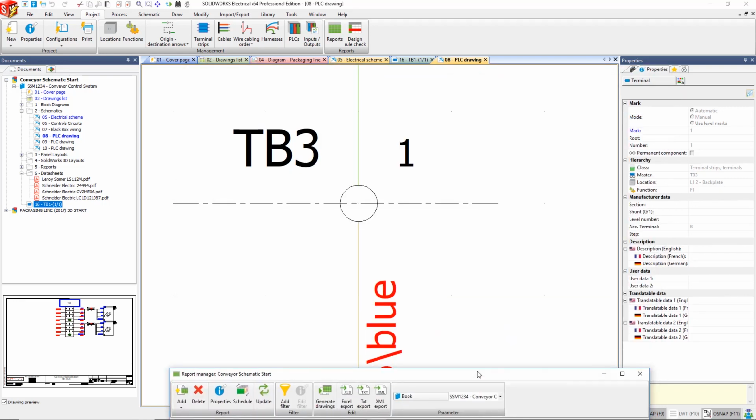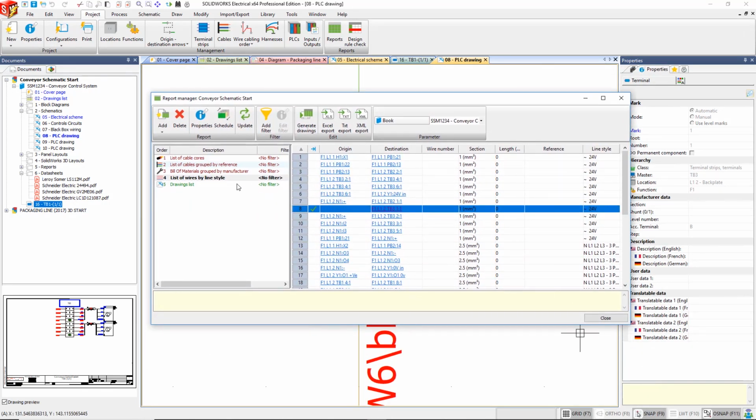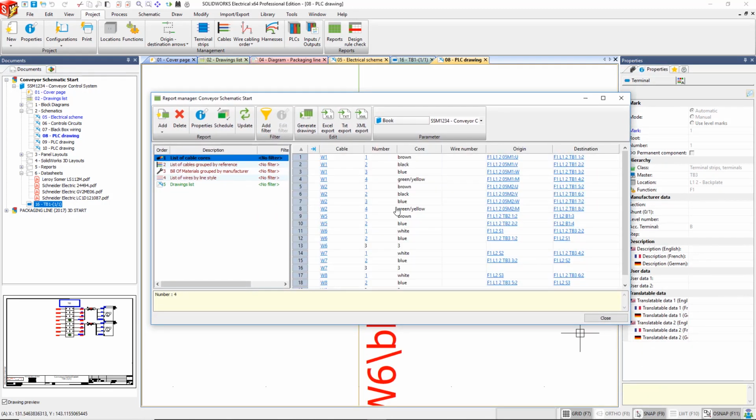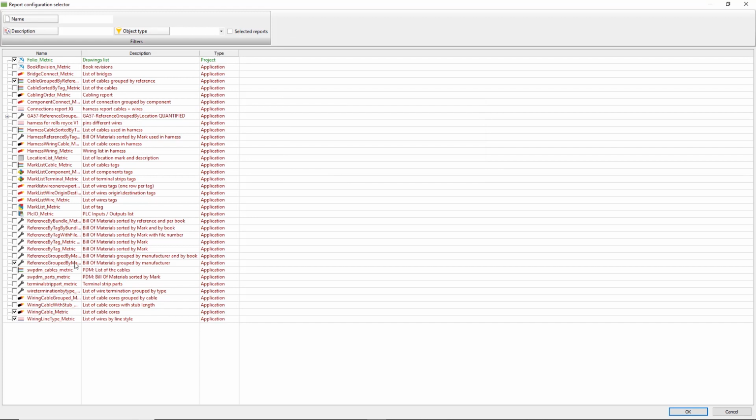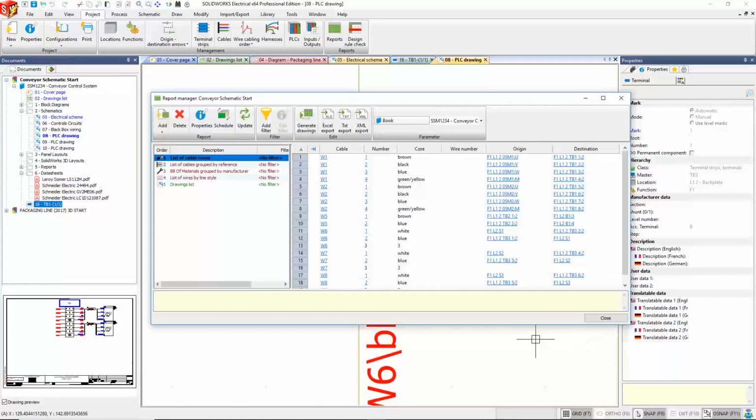There you can see a hyperlink in action. We've also got cable lists and also cable core lists, which all update in the background. There's many more reports. I'm just showing a small subset of them here. We can also produce tag reports for wires and components, maybe PLC outputs and inputs as well on a report. These can all be published as a sheet within the project or perhaps exported to other formats.